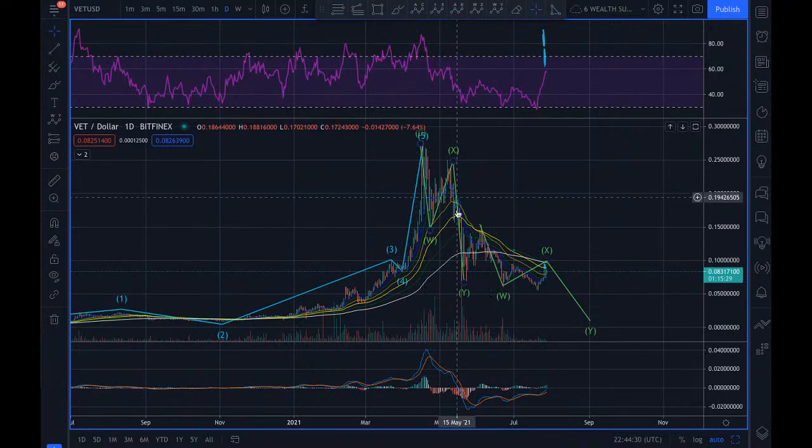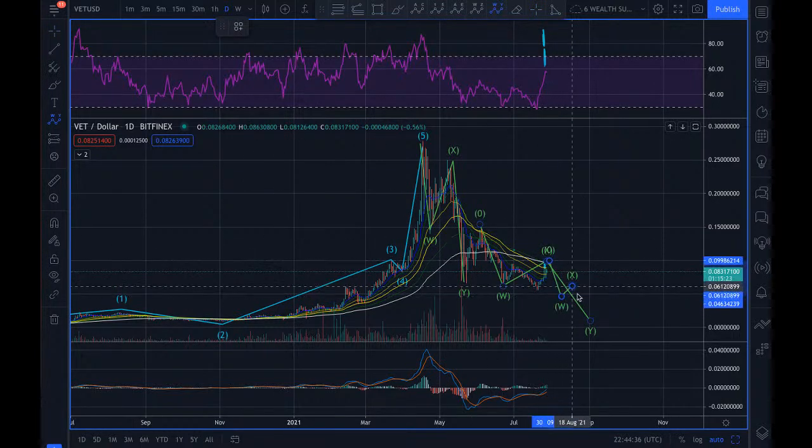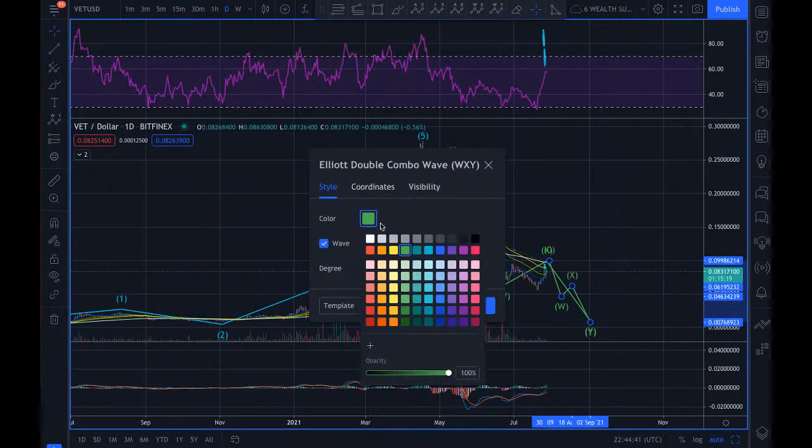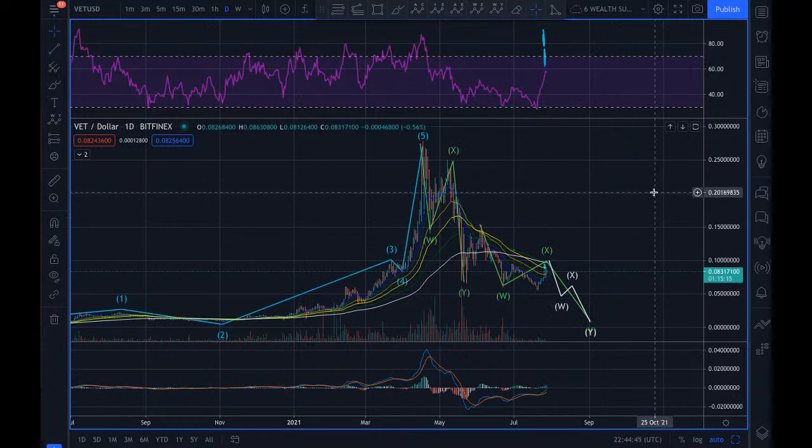So far it's making 3, 3, 3, 3, 3. So I would expect this would have some kind of 3-wave down. All right, is this making sense? All right, let's move on to the next one,